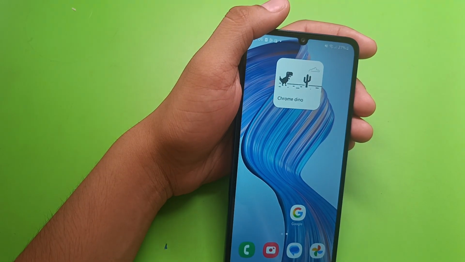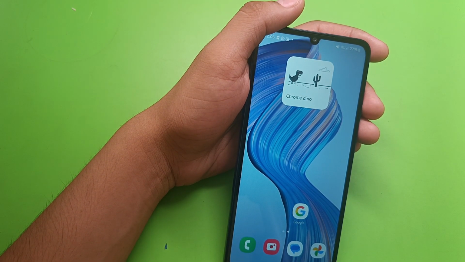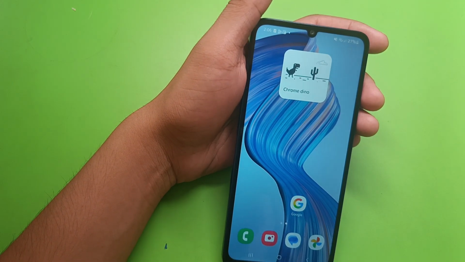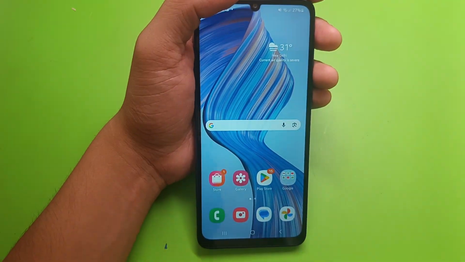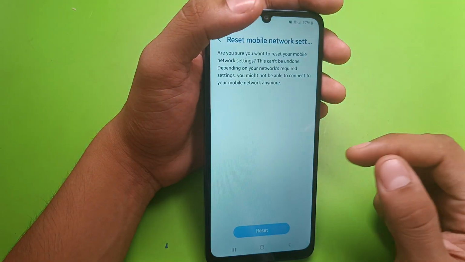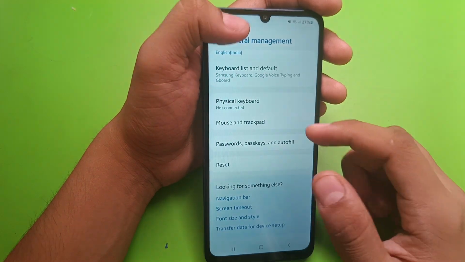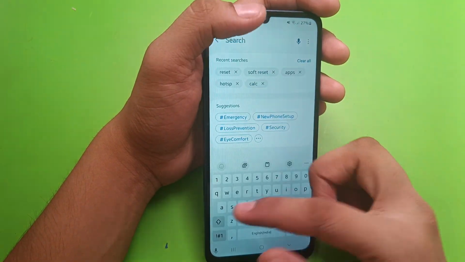Friends, in this video I am going to tell you how to fix internet problems in your Samsung smartphone. So let's start the video, friends. To fix it, first you have to open your settings. Then, friends, you have to click on the search and write here access